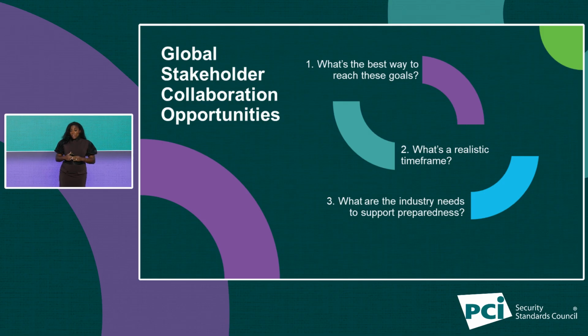What's the best time frame to get there? Pacing the industry appropriately and signaling what's to come at an appropriate time for the industry's evolution is certainly a key factor to us, so that we can set realistic expectations and help organizations meet the requirements in an appropriate time. And how do we support the market for these changes? We recognize that PCI DSS version 4.0.1, those new requirements just took effect March 31st, 2025. So you've got to give organizations time to roll that into their systems and get an understanding of how these new requirements impact them. But we certainly want to make sure that we get that industry support right away.